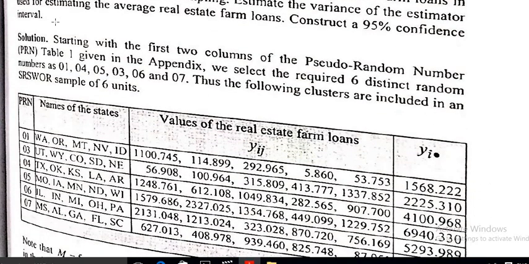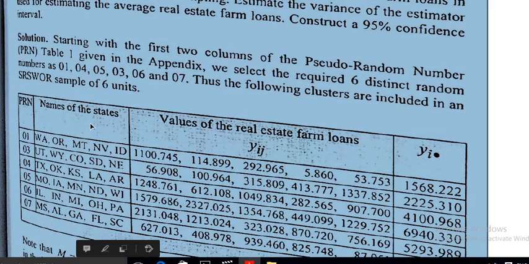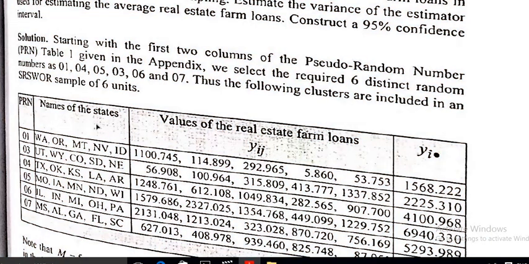Now the sample has been selected of 6 clusters: first cluster, third, fourth, fifth, sixth and seventh clusters out of 10 clusters. The respective values are given in this table, taking the sum of the observations from each cluster, that is yi dot. These are the values yij, where j is the number of observations in the ith cluster which has been summed here. This is the sum of the observations